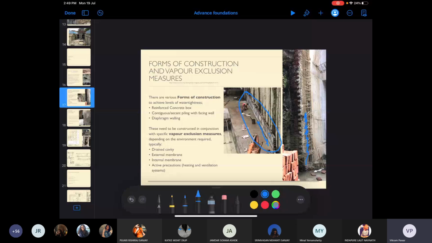I want you to spare a couple of minutes to just mull over what I said just now, and what is the reason behind these two different approaches, and what do you need to do when you're doing the waterproofing from inside. Are we clear on this? If anybody has doubt, I don't mind repeating myself, but let's get this concept very clear.